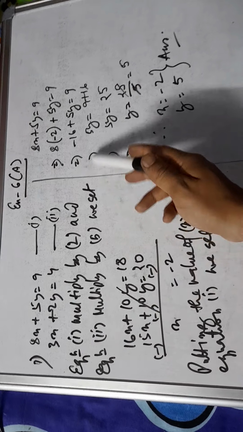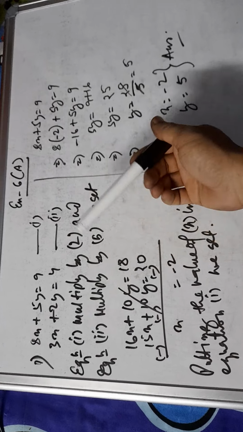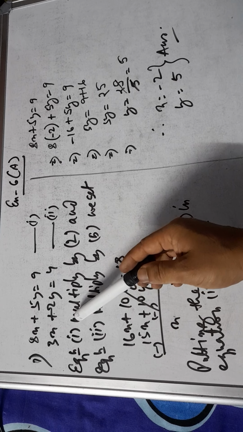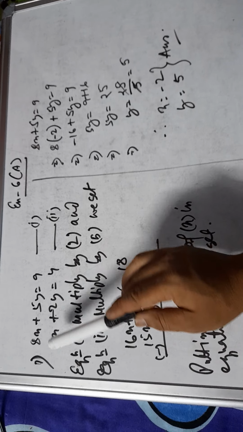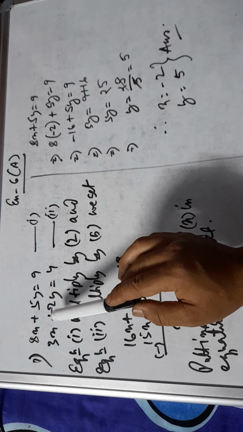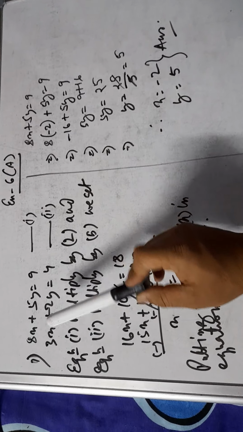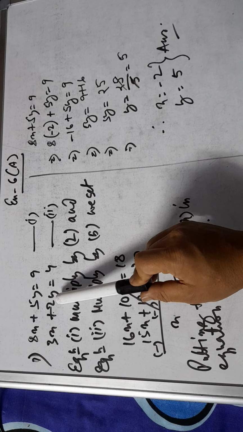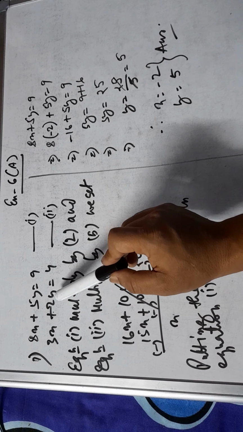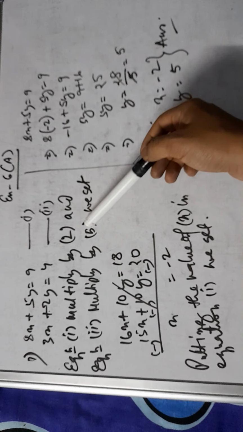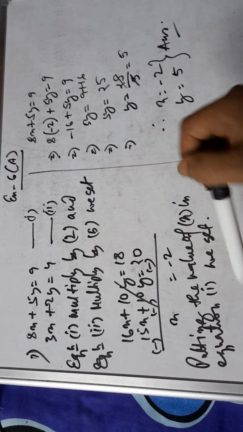As you are approaching the higher classes, you can write the short form. So equation 1 multiplied by 2. If you want to cancel y, we have to exchange the y coefficients and multiply. So the equation 2 value we multiply with equation 1, and the equation 1 value we multiply with equation 2. So we have shifted similarly: the 2 went to 5 and 5 went to 2.